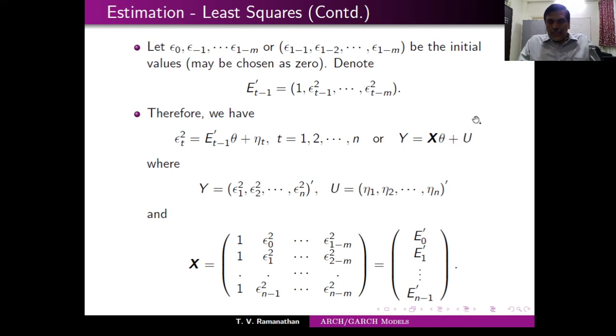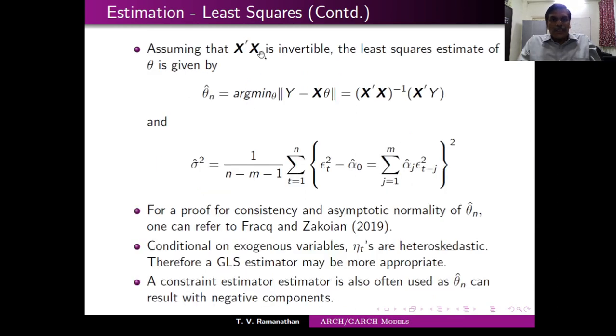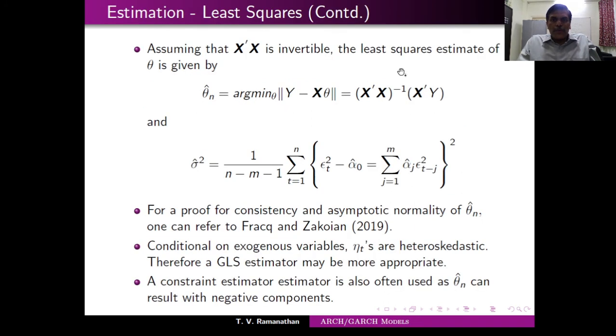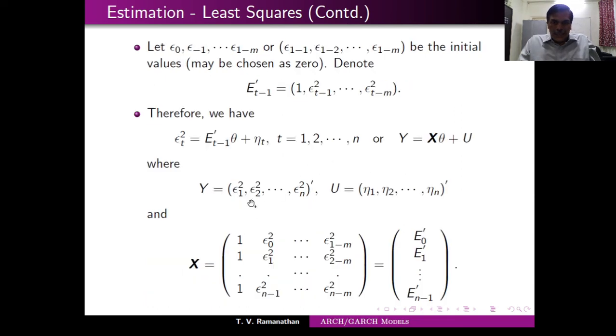Now this u is slightly different from the usual IID because the u consists of what? Those etas, because the model has eta. They are uncorrelated, they are not independent of each other. That's the main difference that we have. But it doesn't matter, least square theory still works. So you can actually minimize this, assuming that this is invertible, and the minimizer is given by x prime x inverse x prime y. What is x? This matrix.